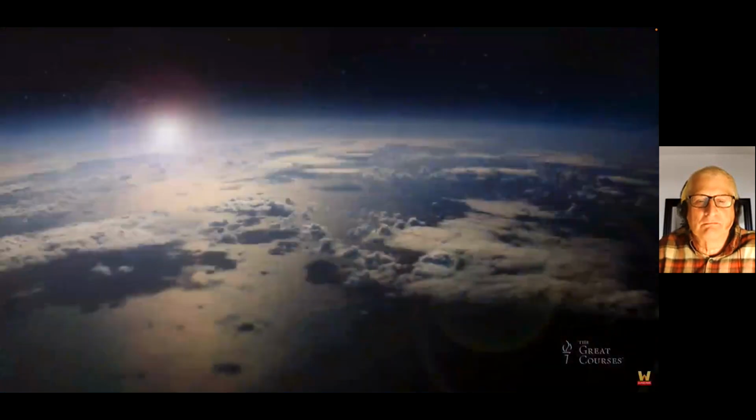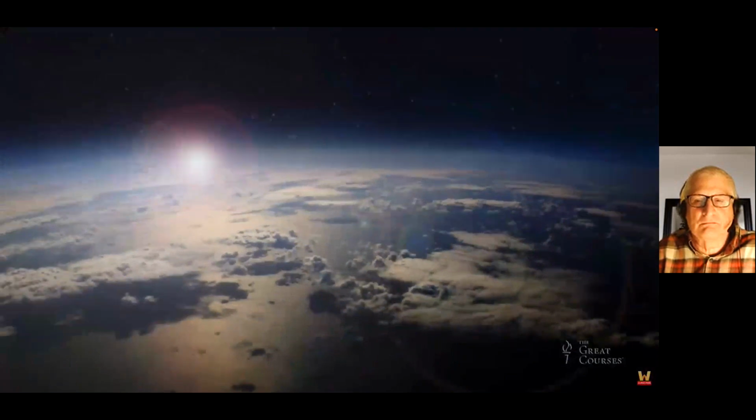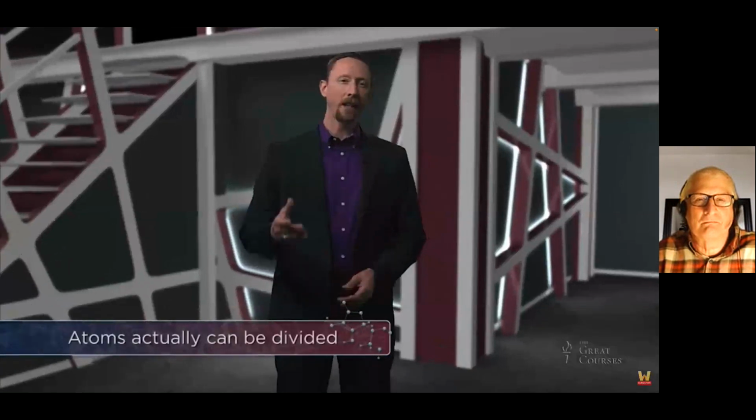If we continue to shrink our scale, we see that nature continues her trend of using modular constructs of just a few simpler structures to create a truly awesome and diverse universe. In this lecture, we're going to discuss one of the smallest systems that follows this tenet. Indeed, one of the smallest systems in all of creation, the atom. It's important to start our discussion by pointing something out. Atoms actually can be divided, but doing so causes something very special to happen that doesn't happen when we divide